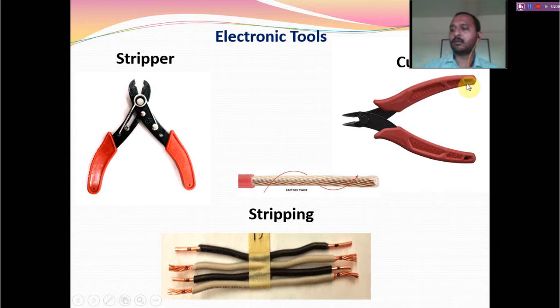So if you twist like this, as I said, after twisting, you are supposed to put a tin, a solder metal onto this, so that the strength will be there for connection. Wherever you connect it with force, it will stay connected. Any doubt regarding stripping and cutting, you can put a query into the chat box. I will answer.